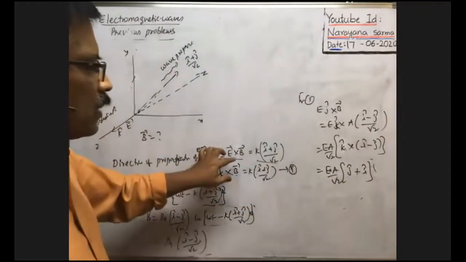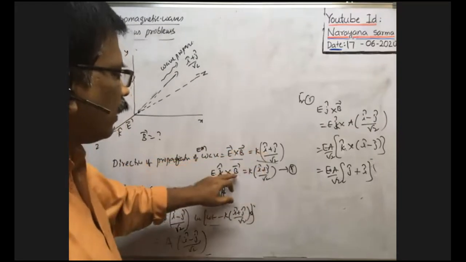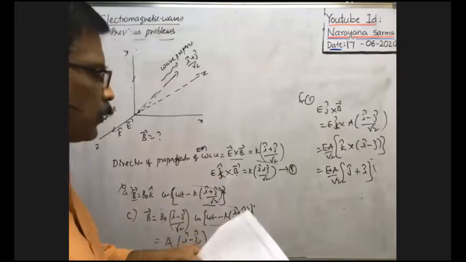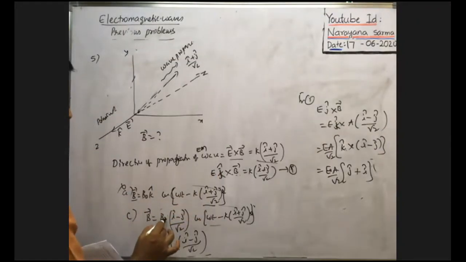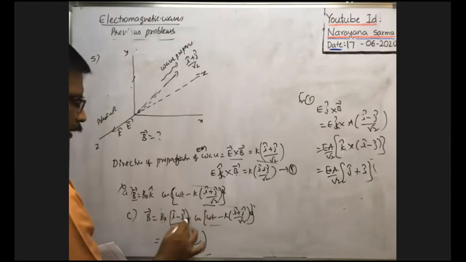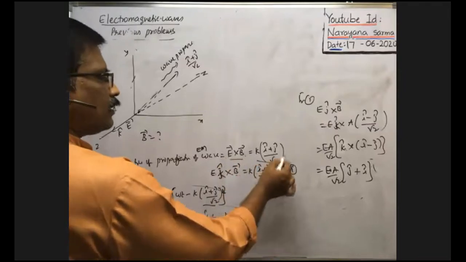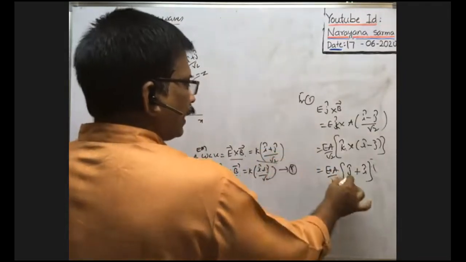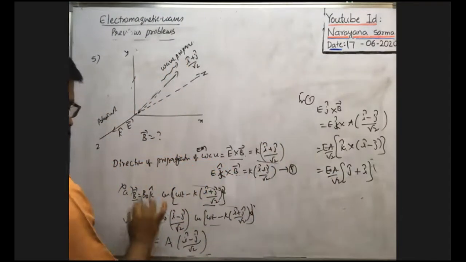When we do the cross product between these two, as we got this equation, then this B bar, whatever B bar we have taken, that is correct. We have taken the third option. In the third option, we have taken this one. B bar is taken as some constant into I cap minus j cap by root 2. When you do the cross product between E bar plus B bar, we got this relation, something into j cap plus I cap. That means I cap plus j cap we are getting. That's why this relation is true.